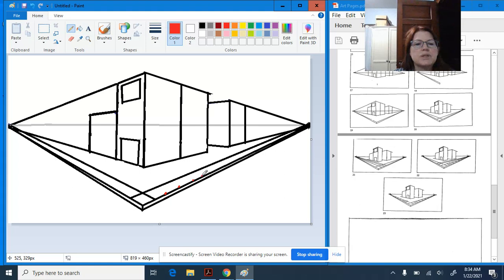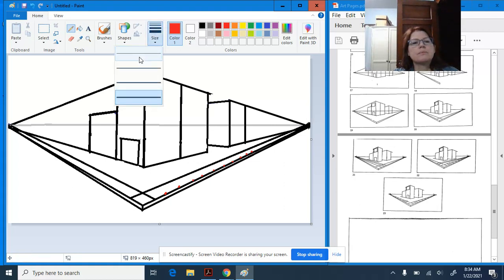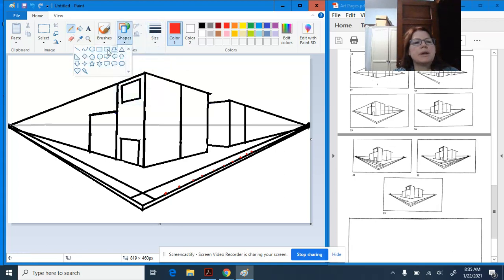So if you are watching this and you want to do the same thing, it's going to help you here. So I'm going to go ahead and put a whole bunch of dots and say, okay, cracks in the sidewalk are all going to be where the red dots are. Okay, and you would actually go all the way back to the vanishing point, but I'm going to leave those as is. All right, once you have designated where you are going to put the cracks in the sidewalk or the breaks,